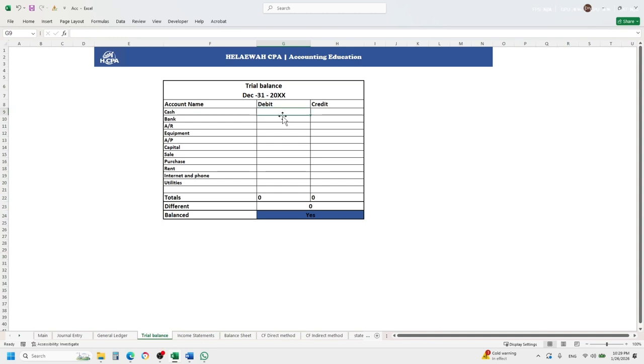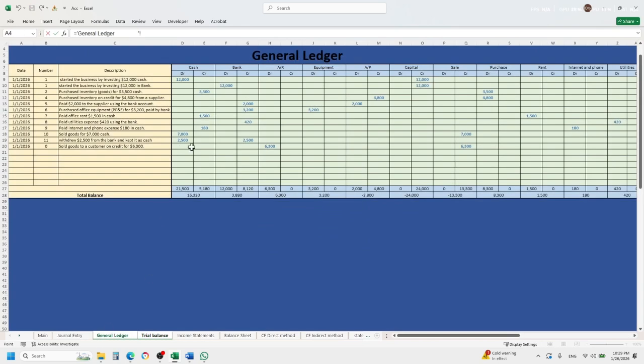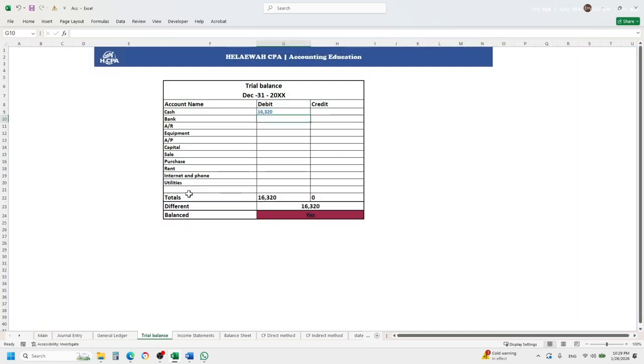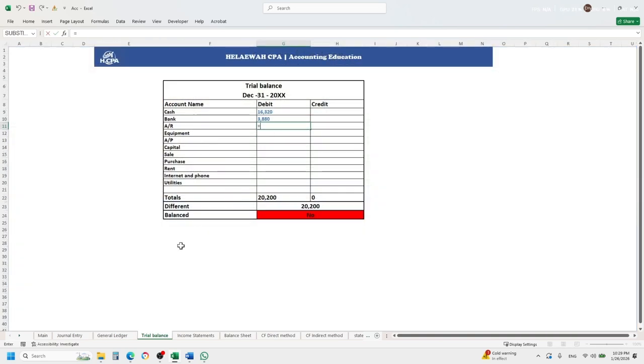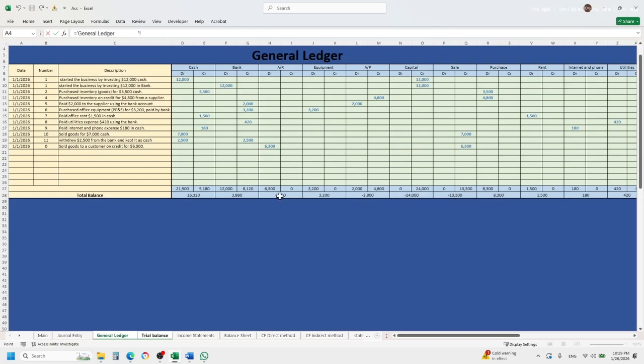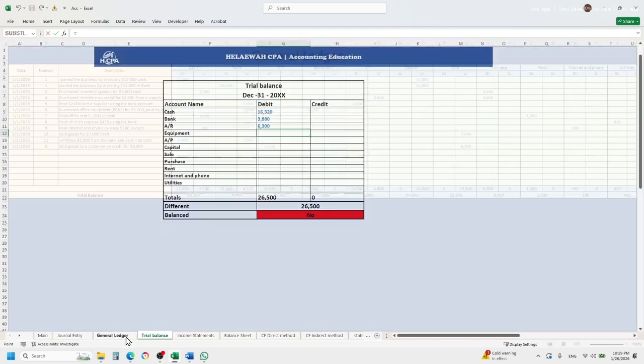Now we're gonna bring them. What is debit? We put it on the debit side. What's credit? We're gonna put it on the credit side. Start with cash, bank, accounts receivable, equipment,